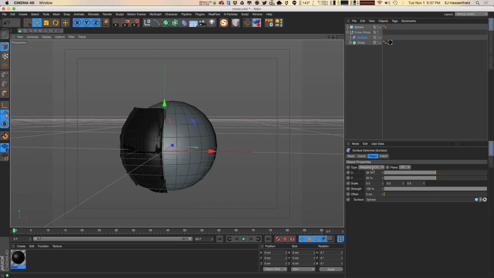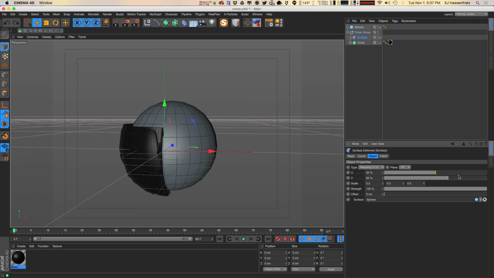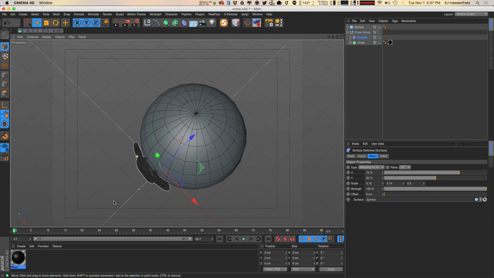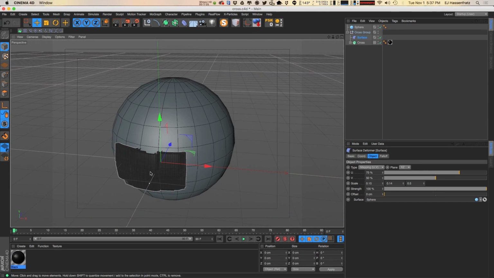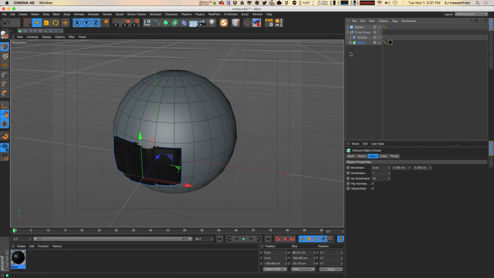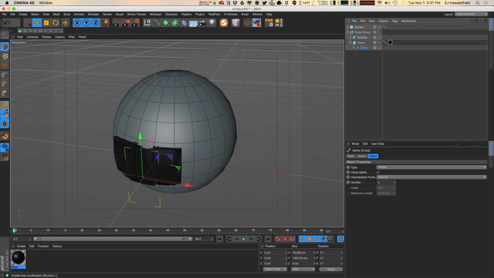But once we go to UV mapping, we can adjust the position of U and V. We can also adjust the scale. And if I adjust the scale enough, you can kind of make out it's almost like our cross got rotated and squashed vertically. So what that means is that we need to then go ahead and adjust the axis rotation